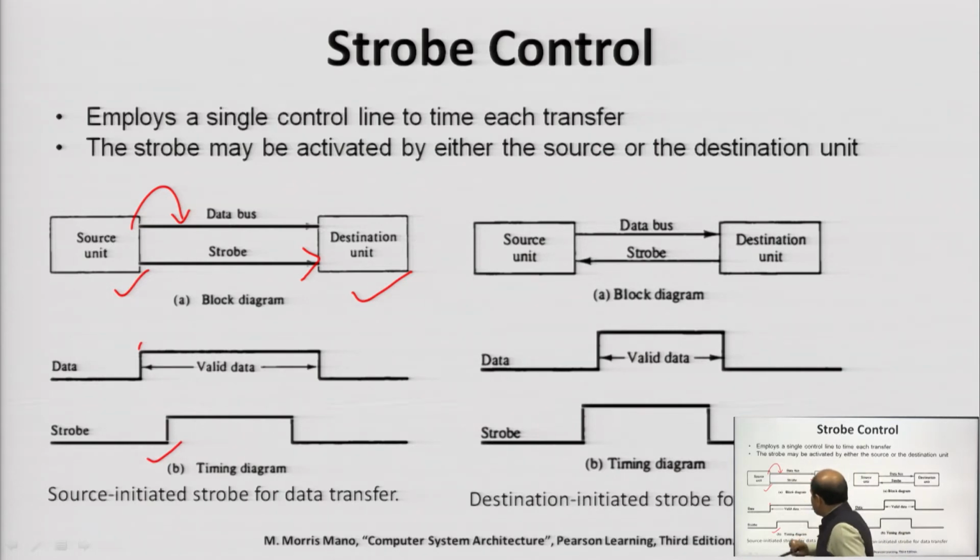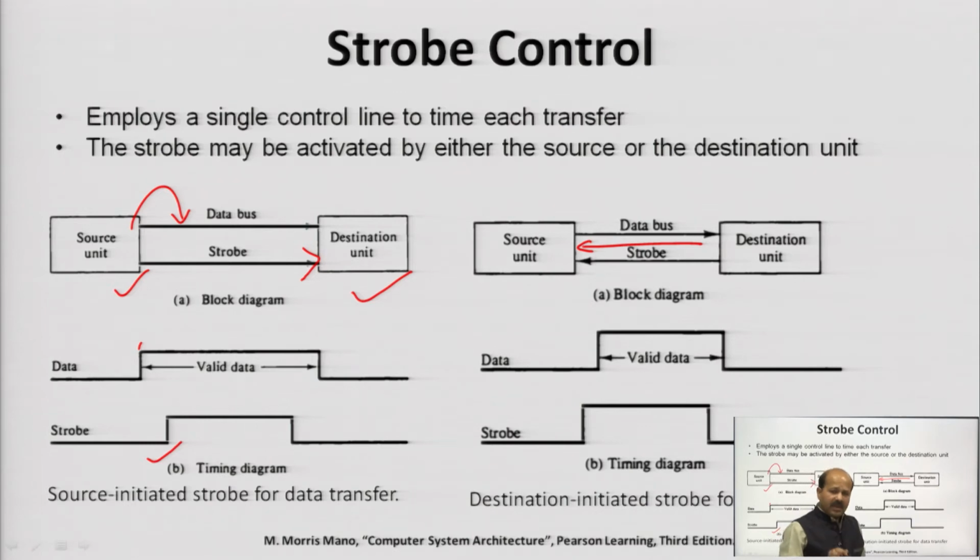In case of source initiated, the strobe signal will be generated by the source unit. Now, in case of destination initiated strobe for data transfer, in this case the destination unit is requesting the data. So, that is why the strobe signal will be generated by the destination unit,